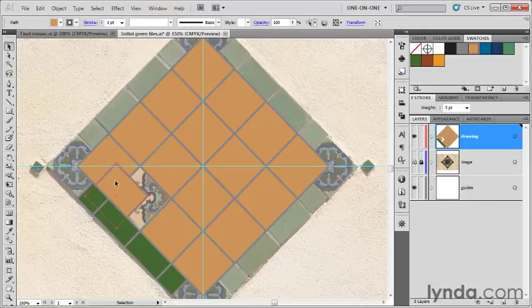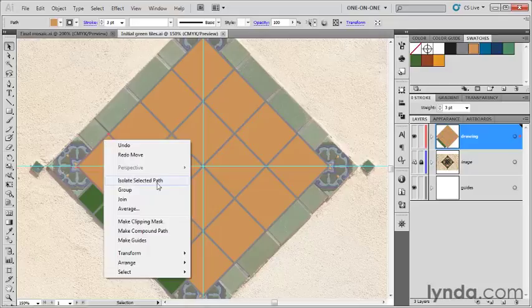So if that happens to you, what that means is the guy that I just grabbed and moved to a different location is actually in front. Then go ahead and press Control-Z, Command-Z on the Mac to undo that movement. Try clicking on the perimeter once again to select this tile, and that would be on an uninterrupted part of the perimeter. And then just to make sure that it's in front, right-click inside of the illustration, choose Arrange, and